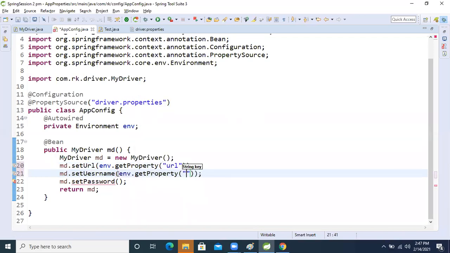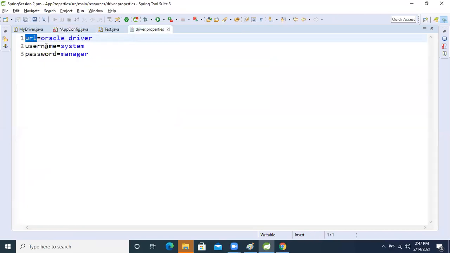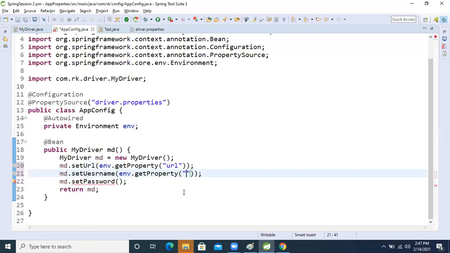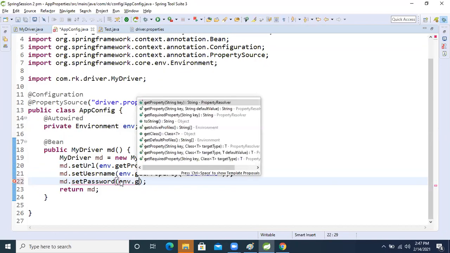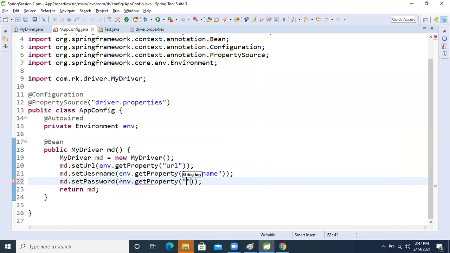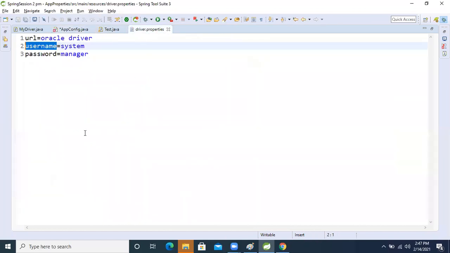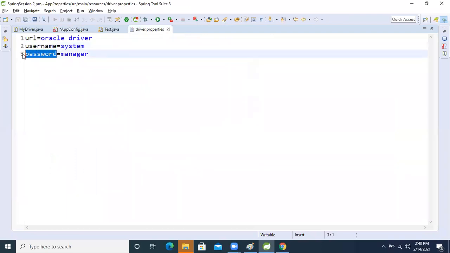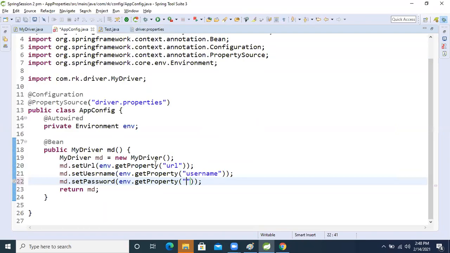Inside that, the second property is username, we will take username. Again, last is password. env.getProperty, inside that we will again copy the password key and pass it here.